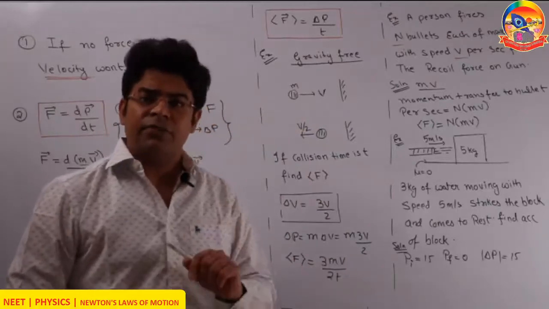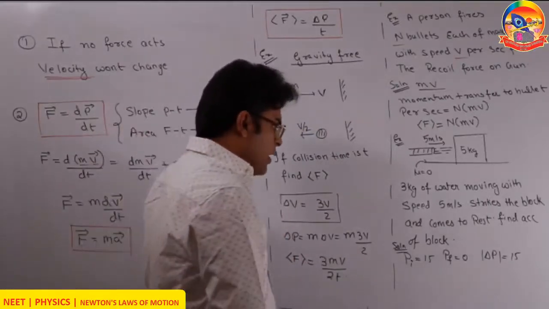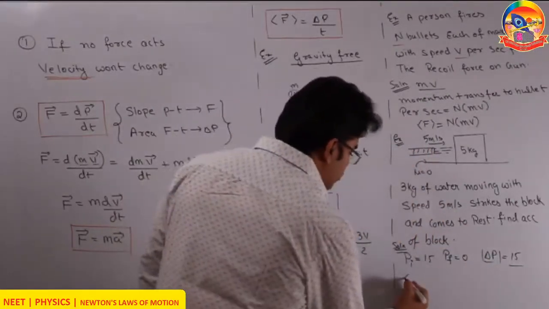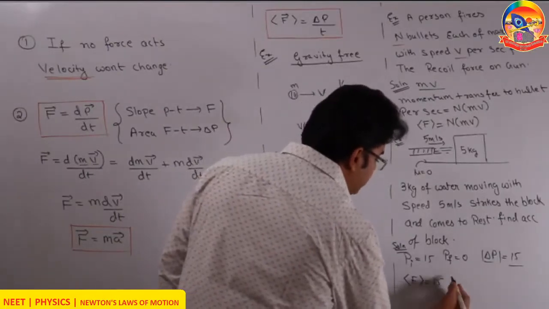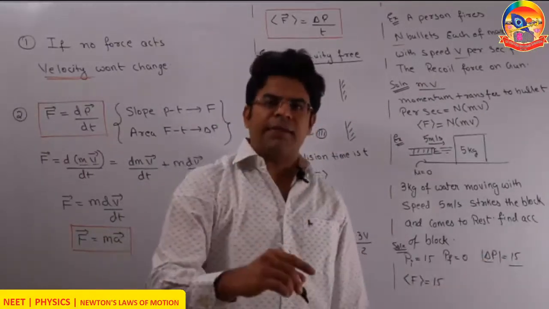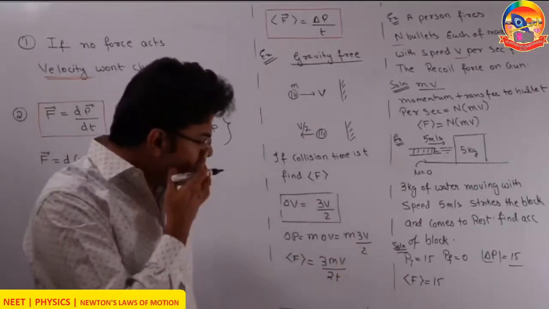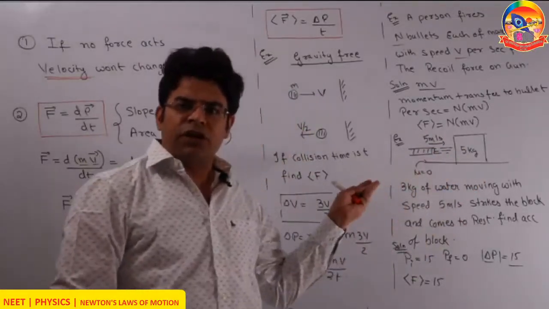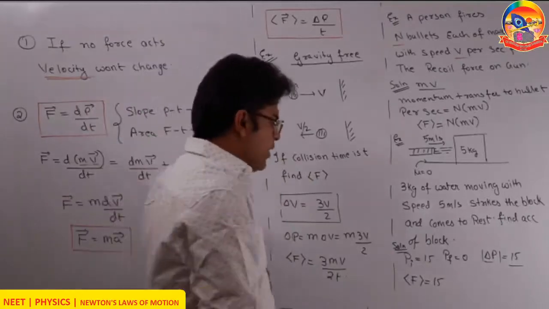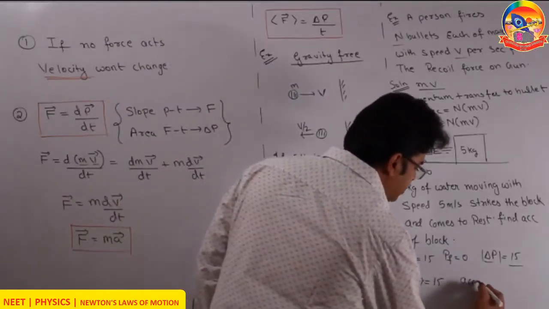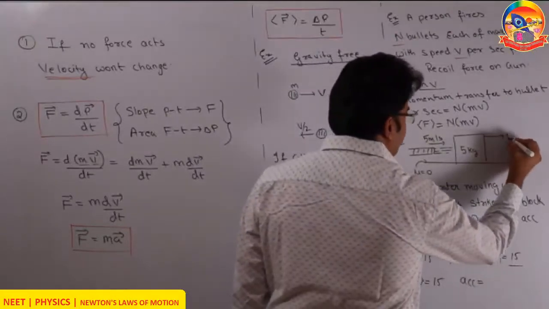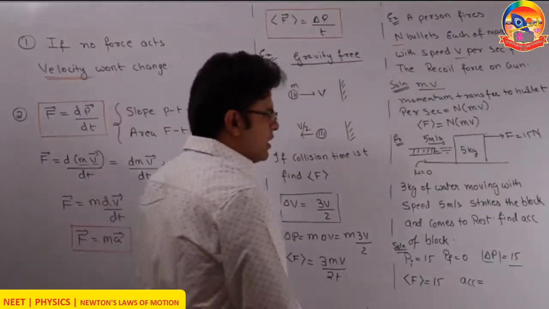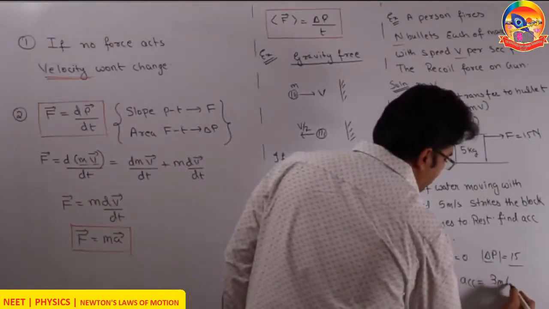This change in momentum of water happens in how much time? This happens every second, because every second 3 kg of water is coming out. If this is the change in momentum happening every second, this is the force. So the average force applied by the block on water is 15. The change in momentum upon time, since the time is 1 second, we still get the same numerical value. Now, if the block applies a force of 15 on the water jet, the force applied by the water jet on the block also has to be 15. So if the force on the block is 15, the acceleration of the block has to be the force acting on it upon its mass, because we know that F equals ma. So the acceleration comes out to be 15 by 5, that is 3 meter per second square.